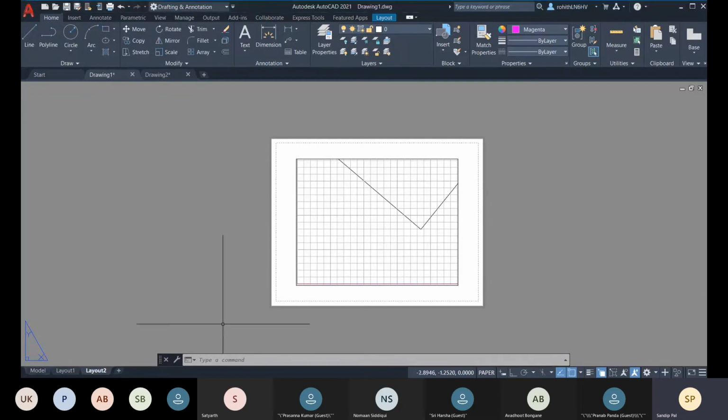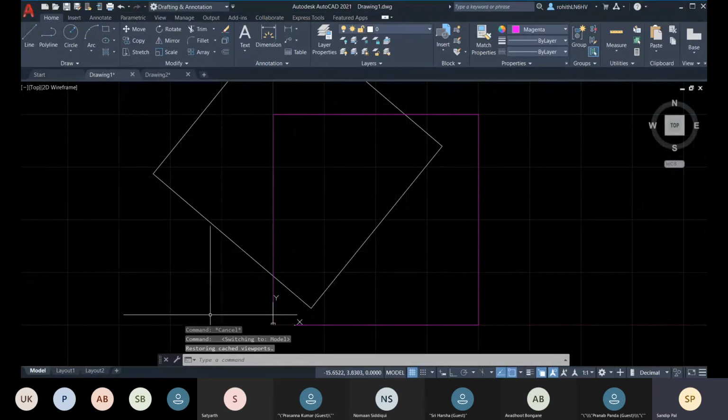Okay, so let me come back to model space.